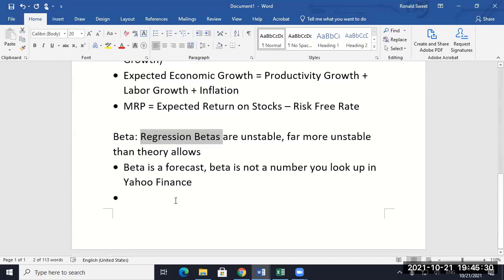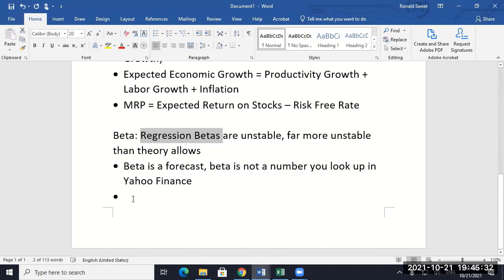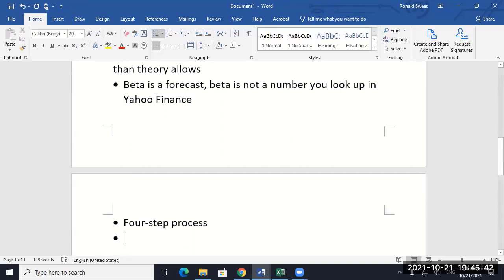But we're not going to do regression. So it's a forecast. So how do you forecast it? And so I'm going to require you to do this 4-step process. So I'm required to use my approach. Remember, this is also Damodaran's approach, so you've got some better support than just me. So anybody remember the 4 steps? Y'all have had me before, some of y'all.